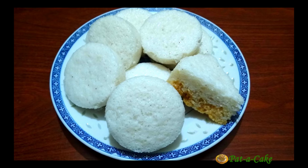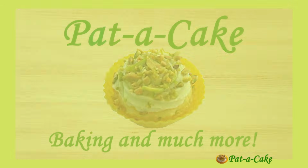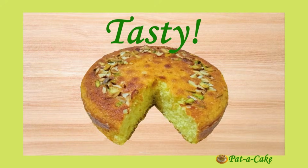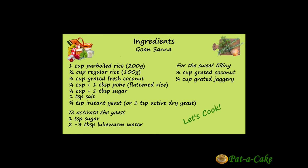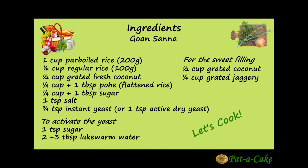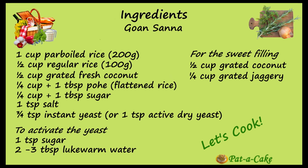Let's start making soft, delicious sanna right here at Patter Cake. To make Goan sannas, we'll need parboiled rice, regular rice, grated coconut, pohe or flattened rice, sugar, salt and yeast. To activate the yeast, we'll need some sugar and lukewarm water, and to make the sweet filling, we'll need grated